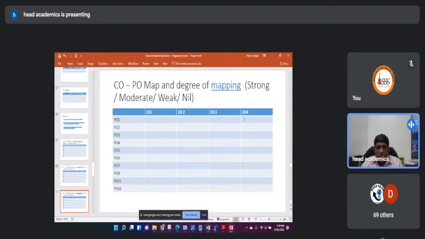I have 4 course outcomes. The first outcome is mapping to this PO strongly, right? The second outcome moderately. This is mapping strongly. This could be mapping weakly. Right? And some of the outcomes may not be mapping to any of the POs. That is also possible. At the course level, this plan is okay. But at the program level, none of the POs should be hanging. There should be some course outcome or the other, at least 2, which should be mapped to a PO, right?